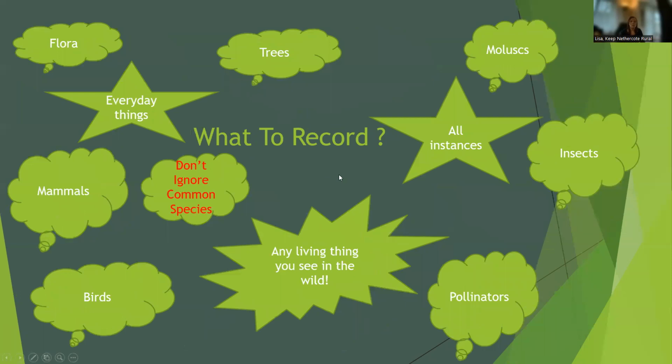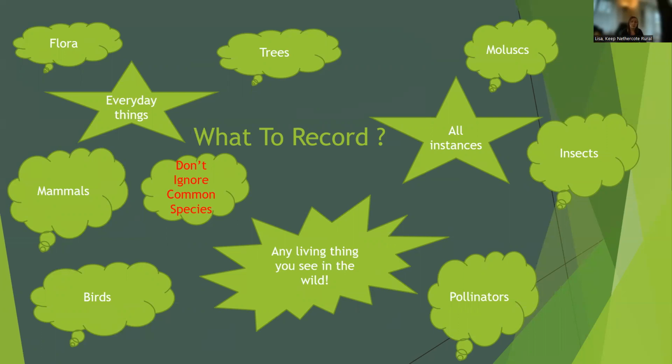Okay, so what to record then? What are you going to record? So literally everything, any living thing that you see in the wild. So when I say in the wild, if you were looking at plants, for example, you wouldn't be looking at the plants you've planted in your own garden. You'd be looking at the plants that you see as you go out of your property.